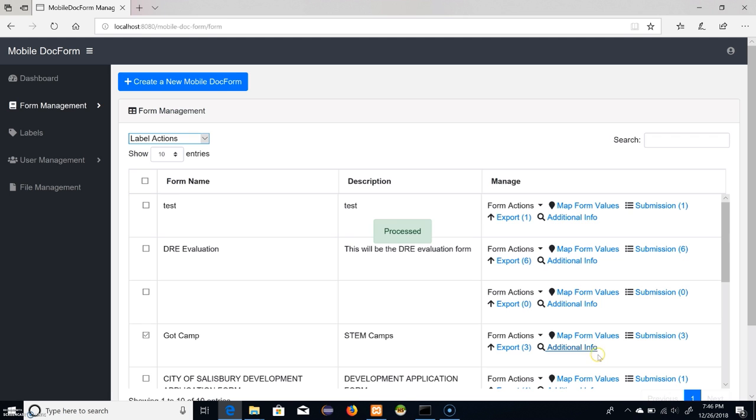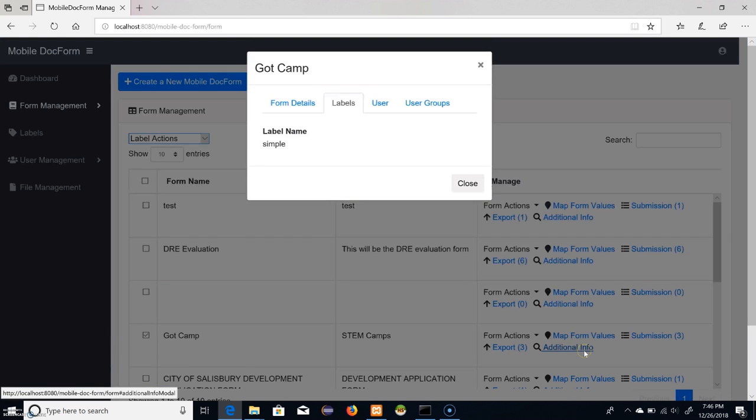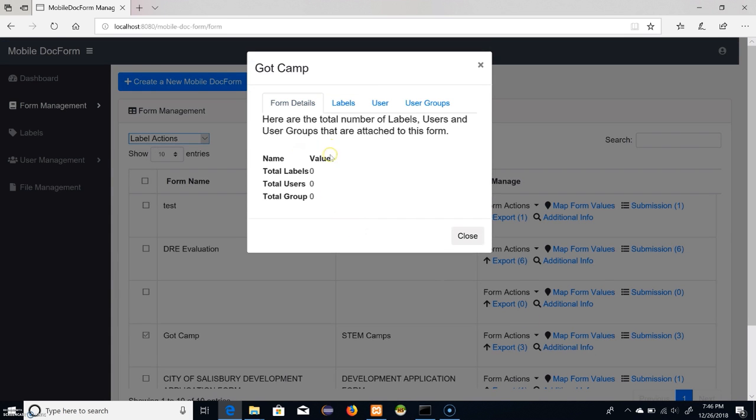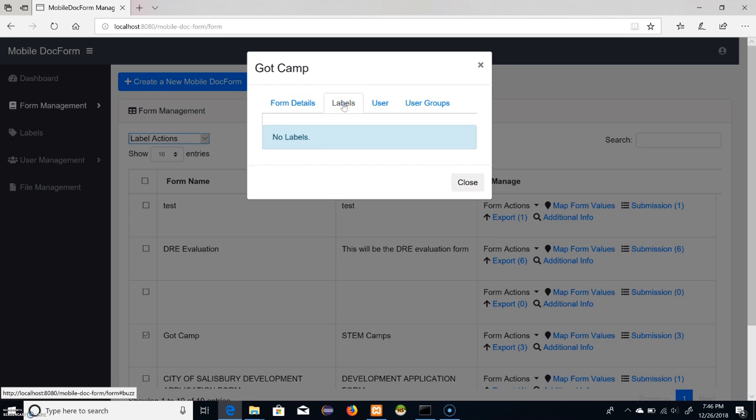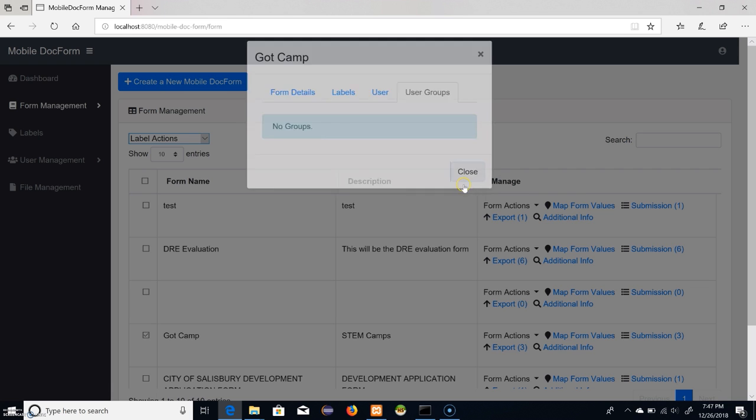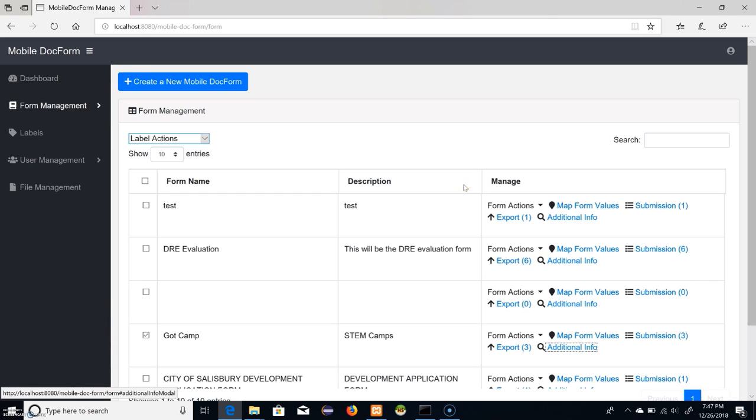So what I just did was I removed the label simple from the form. It reloaded. So you can see here that there are no labels applied, no users have the form, and no groups. So if you click through, you're going to see the same thing I just told you. Now, if you go over to users,